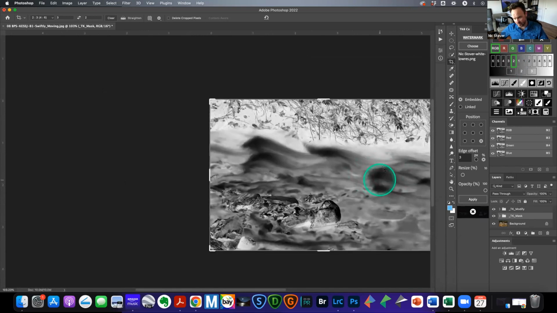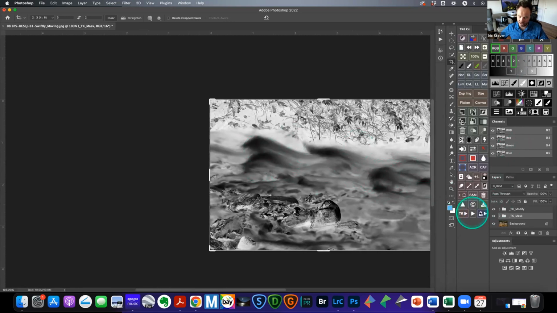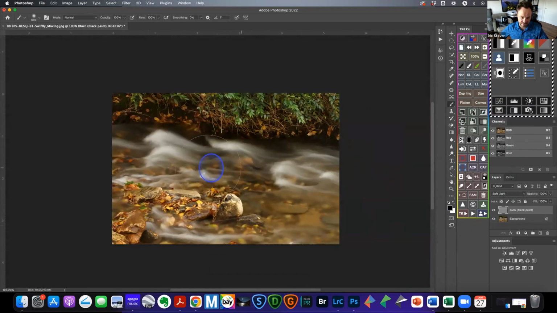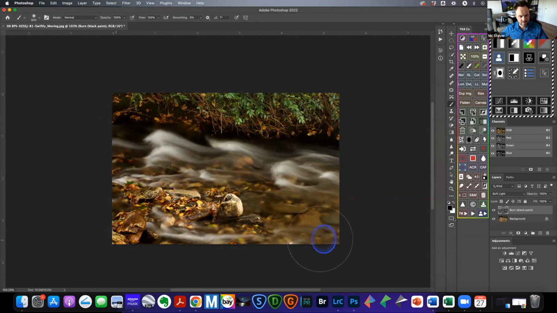And so if we do just a universal dodging and burning, well, we're going to be brightening up areas of the image we don't necessarily want to be brightening up. And so all I want to do is target these parts. So then I just go into the burn layer and select something there. And now I can just start to paint down just the darker tones within the image. And so now I'm adding some tonality just down in the areas while I'm keeping that portion of the brights within there. So now I've kept the brights intact, but I've added a lot of tonality down there within the